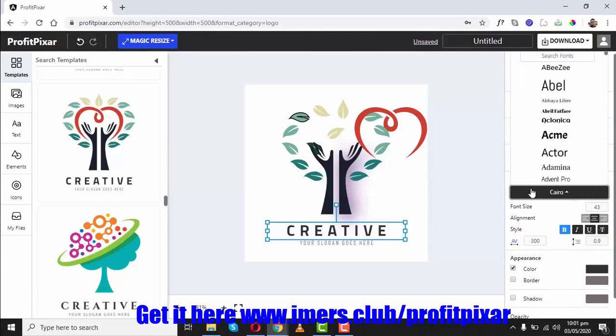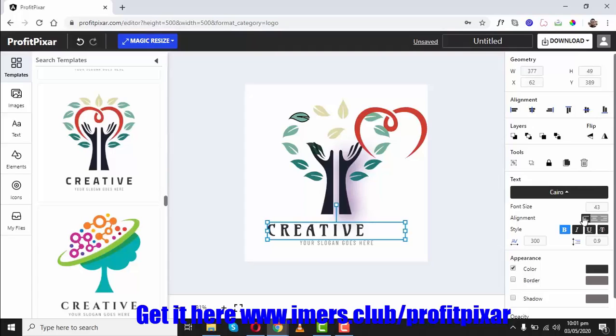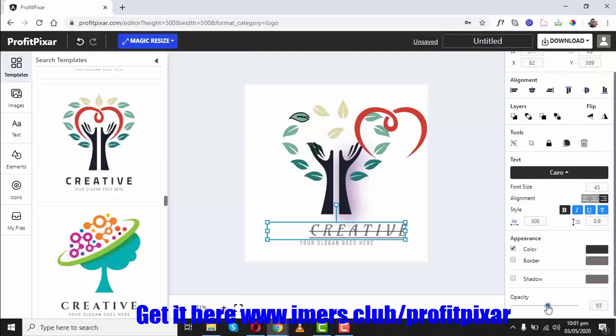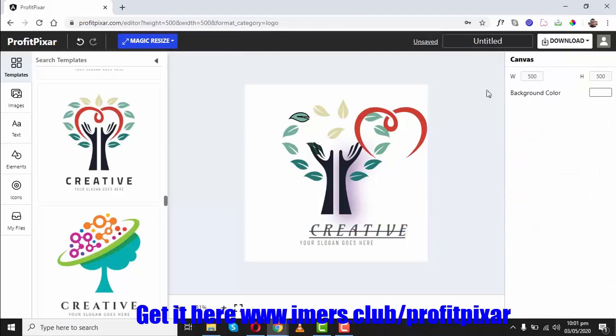Now for the text, one great feature is that you can see the live fonts changing. You don't have to press them and then check them. You can see them live using this panel over here. You can also search your fonts, and then we have the alignment features: center align, left align. Then we have the stylings: bold, italic, underline, the strike through. These are the same, obviously, and this is the opacity if you want to increase or decrease that. So this was an overall very brief